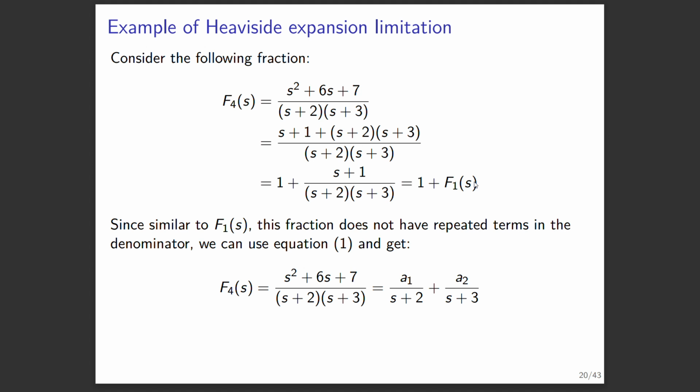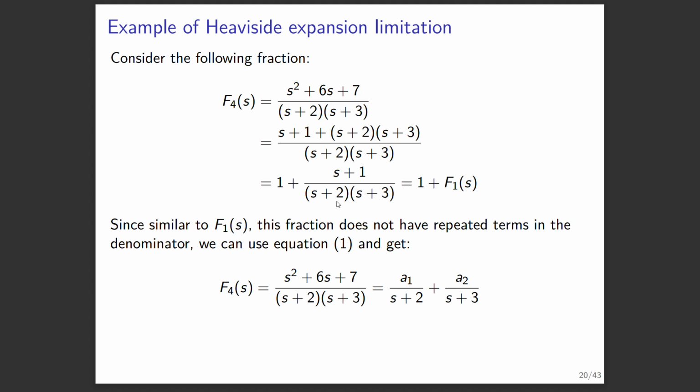That is the correct answer, what I should get. Now, instead of doing this, which is the correct way of doing it, taking one out and then using partial fraction expansion,